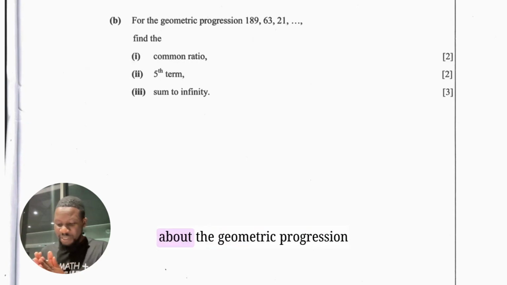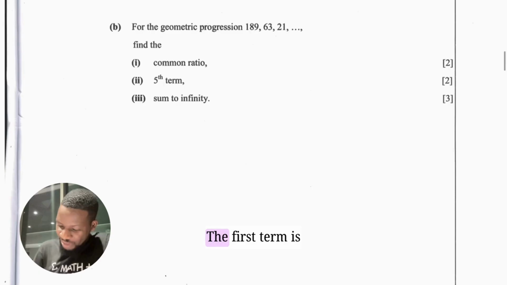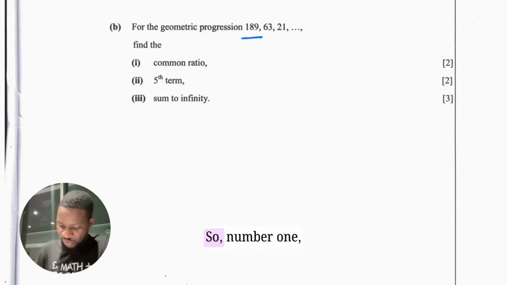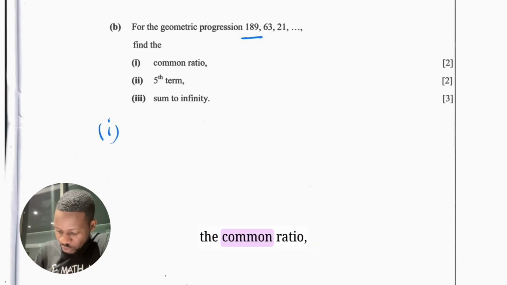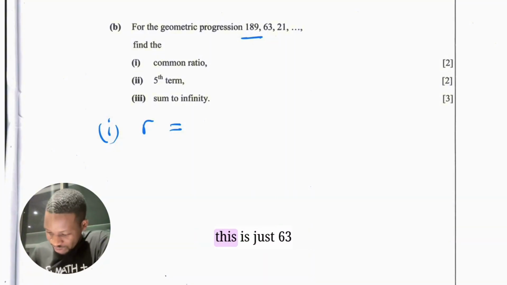The next problem is about a geometric progression with the first term, right? The first term is 189, the second term is 63, and the third term is 21. So the first question is find the common ratio. So number one, the common ratio, we normally write it as r, like that. Now the common ratio is just the next term divided by the preceding term, right? So this is just